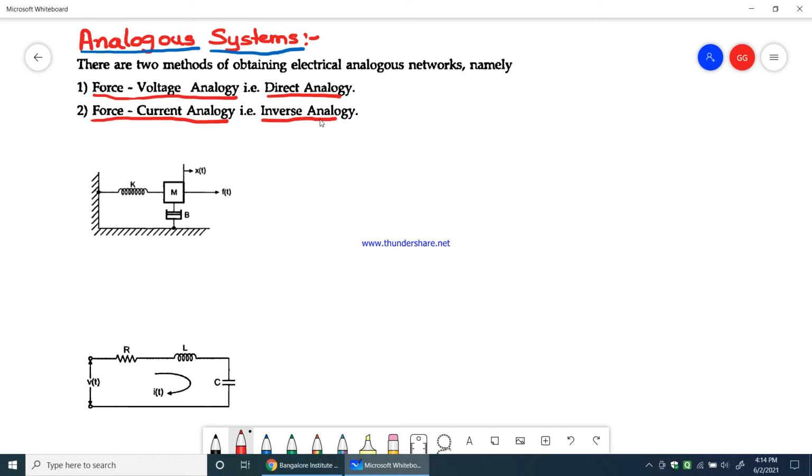Now step by step we will analyze, for a given mechanical system, how to write an equivalent electrical network or electrical equivalent circuit. First we will take a simple mechanical system, which you can see on the screen. It has a single mass, single damper, single spring and single displacement. Therefore I will have a single node, x of t, and a single ground at the bottom.